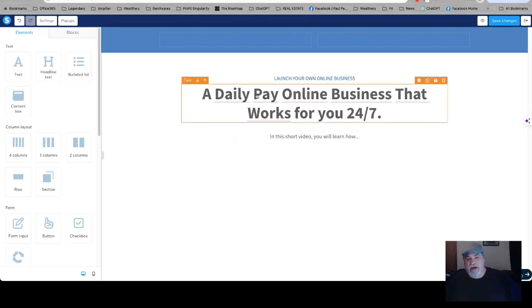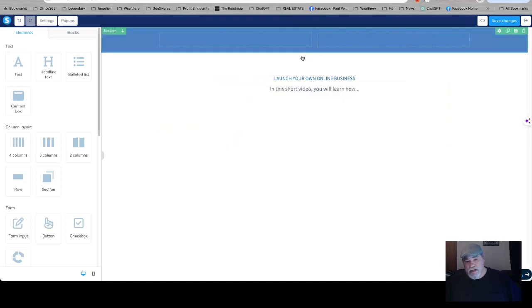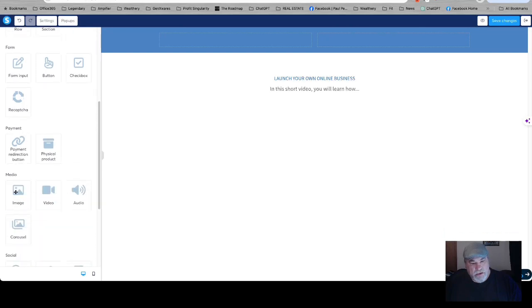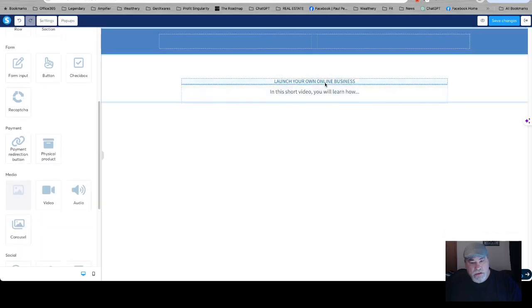Okay, so now that we've got this here, the first thing that I'm going to do is get rid of this headline too. All right, and so now all we've got is this blue line and this two-column row. That doesn't matter, it just looks fine. I'm okay with that. So the next thing that we're going to do is drag an image over in between those two